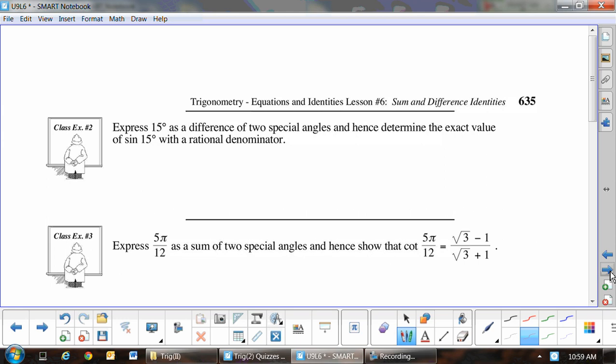Okay, so let's do one. Express 15 degrees as a difference of 2 special angles, hence determine the exact value of sine 15. Now, you know how I told you that at one point radians are going to be easier than degrees? As of now. But starting now, you'll find degrees easier to do, because example 3 is just pure mean. When you see the quiz that you're going to write on Monday,